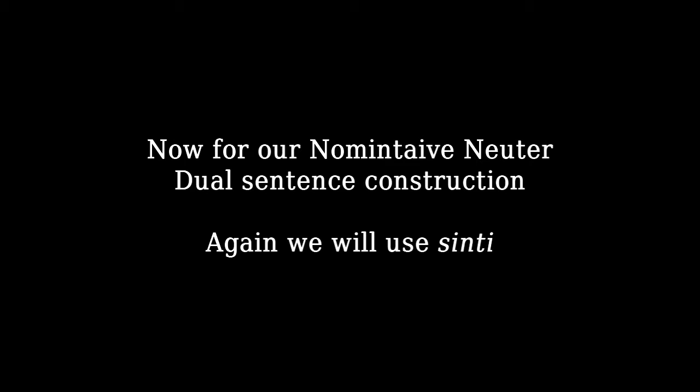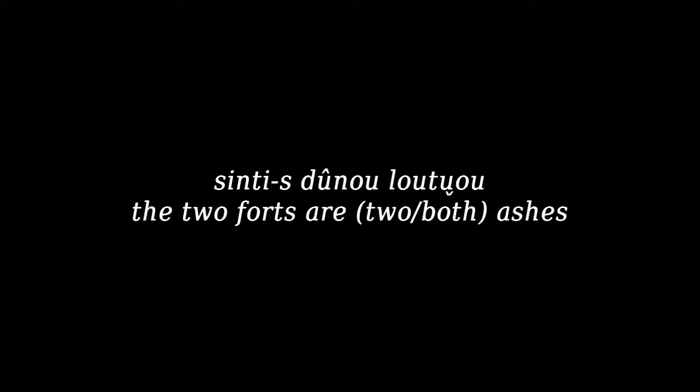Two ashes, lotwo. So again with our dual sentence construction, the two forts are two ashes, or the two forts are both ashes, or the two forts are ashes, we are going to use seinti again. So, seintis duno lotwo. The neuter dual was the same as the masculine dual, but the neuter plural is going to